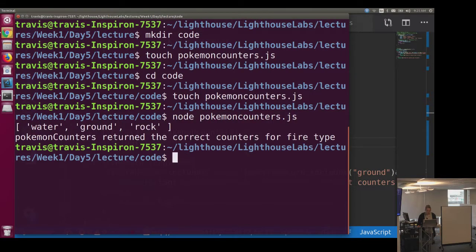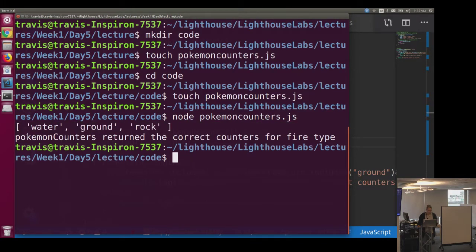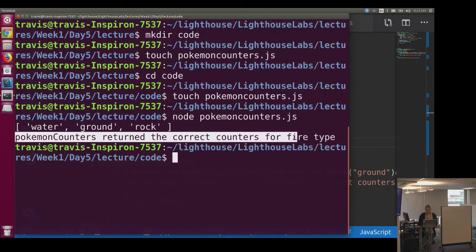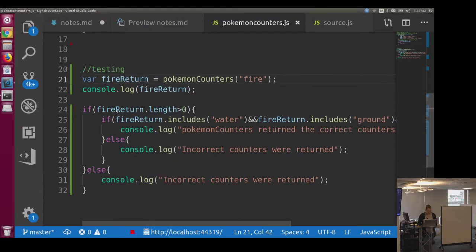We can see from our output, our function spat out the correct thing, water, ground, rock, and our test correctly said that Pokemon counters return the correct counters for our fire type. So it looks like our function is going well. It also looks like our test is going pretty good. If we wanted to,